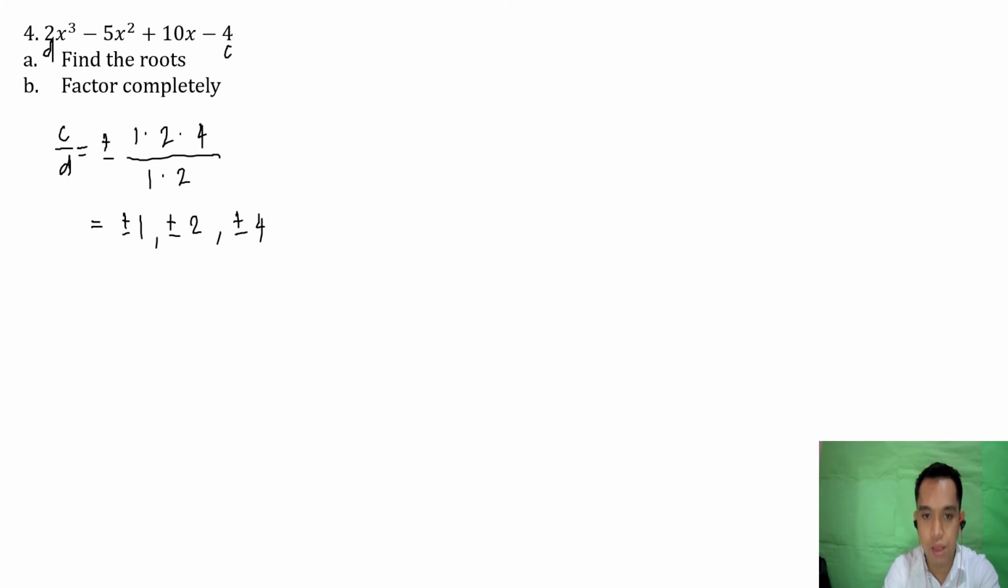4 divided by 1 is 4. 4 divided by 2 is 2. May 2 na rin tayo dyan, kaya wag mo nang pakialaman yan. Now, to determine the real roots, use the synthetic division pa rin. So, gamitin natin itong